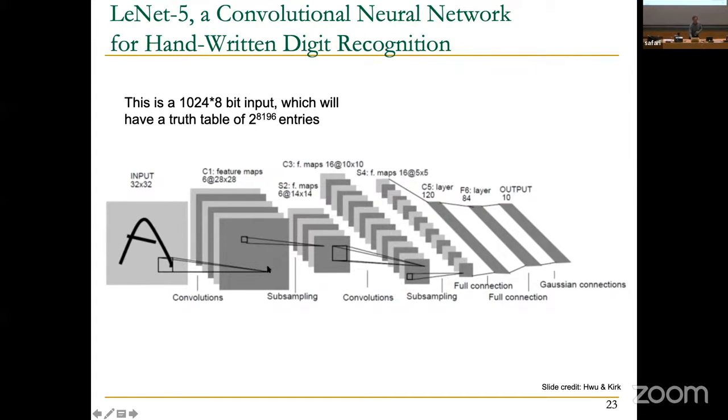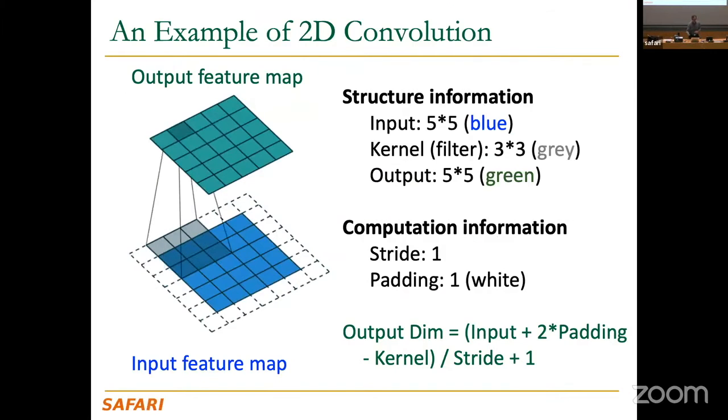But basically, you do some operations, and then you try to make sense out of pieces of the image, and then you do some subsampling, more convolution, more subsampling, more convolution, some other operations to really try to piece together what's going on. And eventually, the output is a classification that this is an A, maybe with some confidence interval.